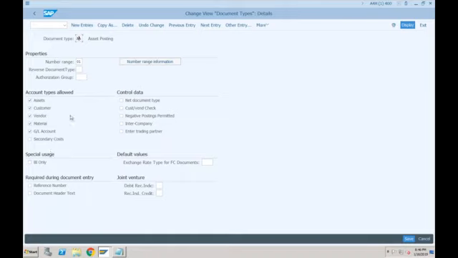Which means, if you want to use a particular document type, and as I told you, BI functionality is also embedded within the main system, so if you want to use a particular document type only for BI purposes, then you have to tick this indicator. SAP has already provided the standard document types which will be using secondary cost and which will be using BI only. Let me show you.